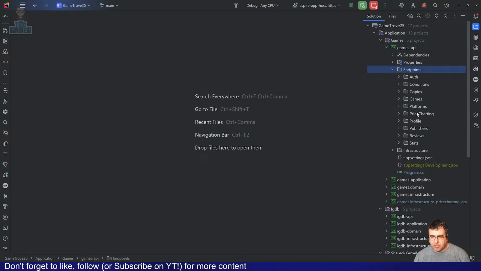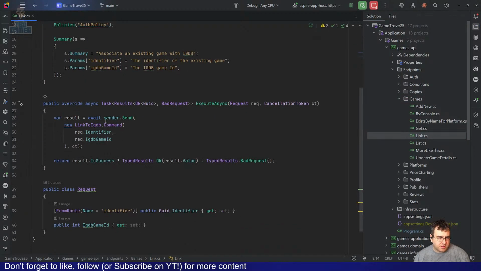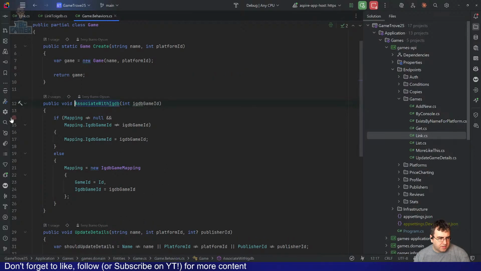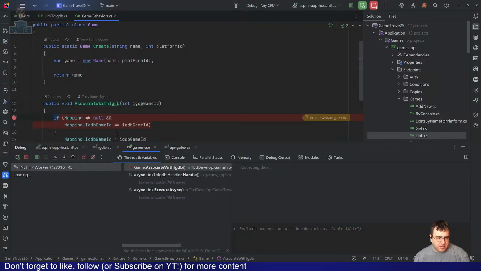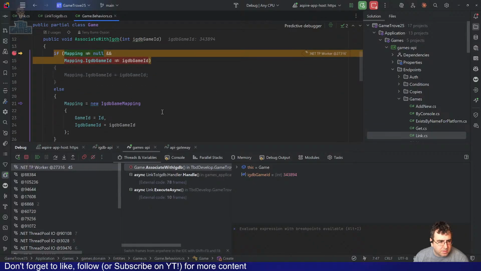Games API, endpoints, games, link to IGDB, associate with IGDB, link game, mapping not equal to null, right? And the game ID does not equal the game ID.